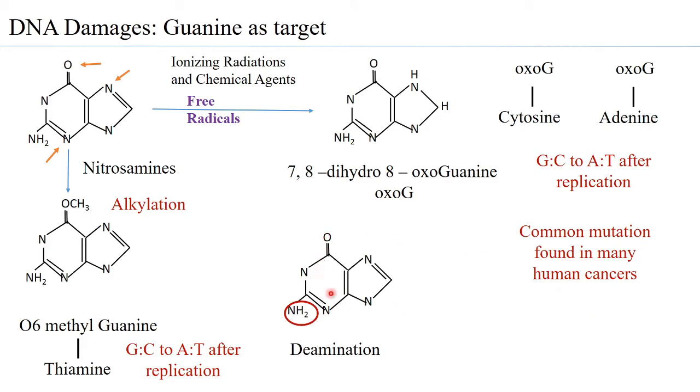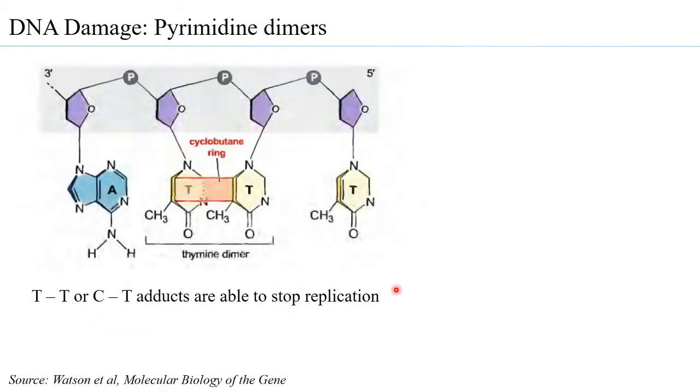A guanine can also be deaminated, and so here you will have an O present after the NH2 is removed. So therefore, this also becomes an altered nucleotide. Now let us go to another type of DNA damage, and that is something that is called pyrimidine dimers,